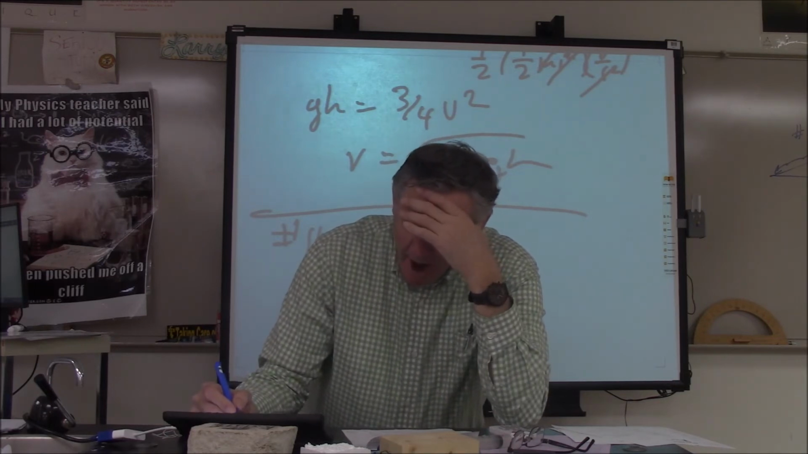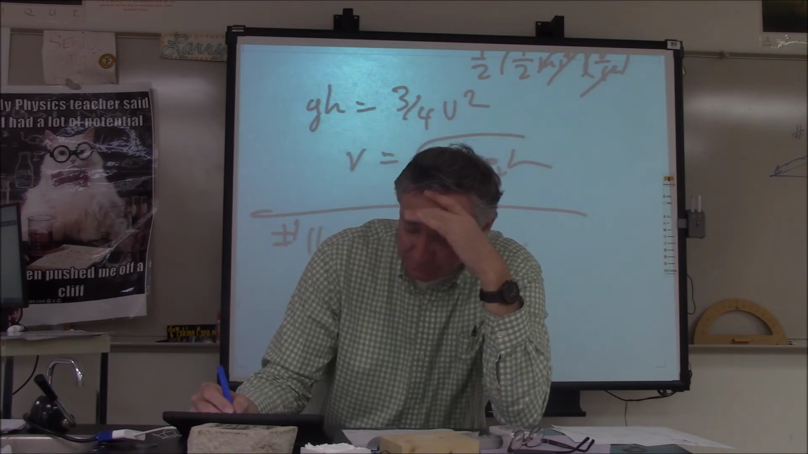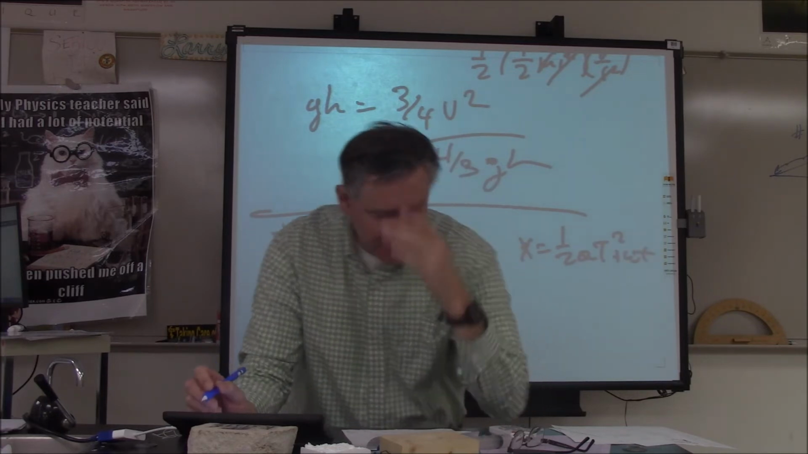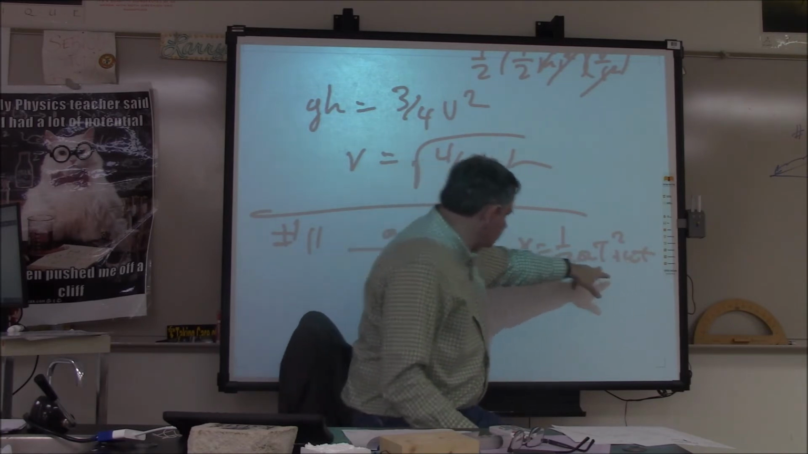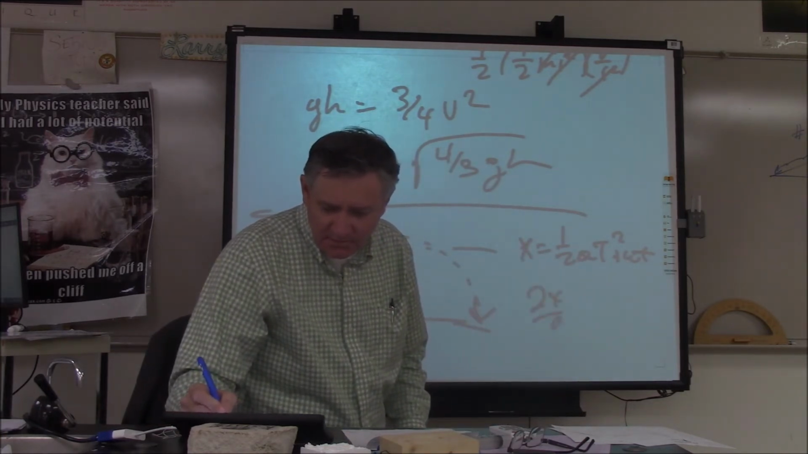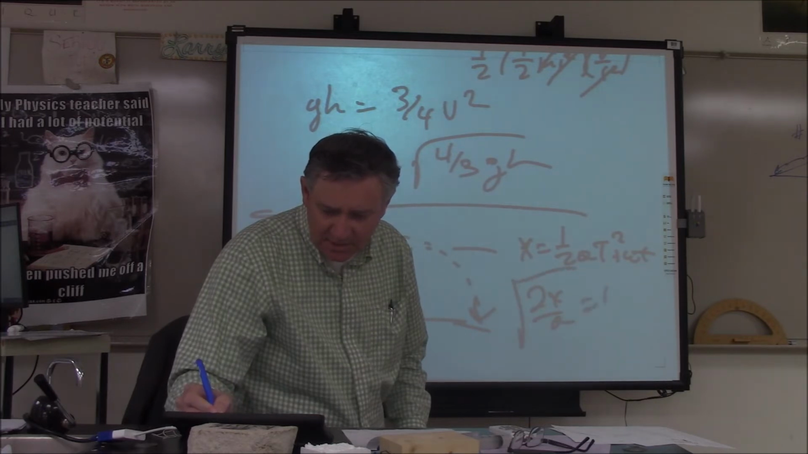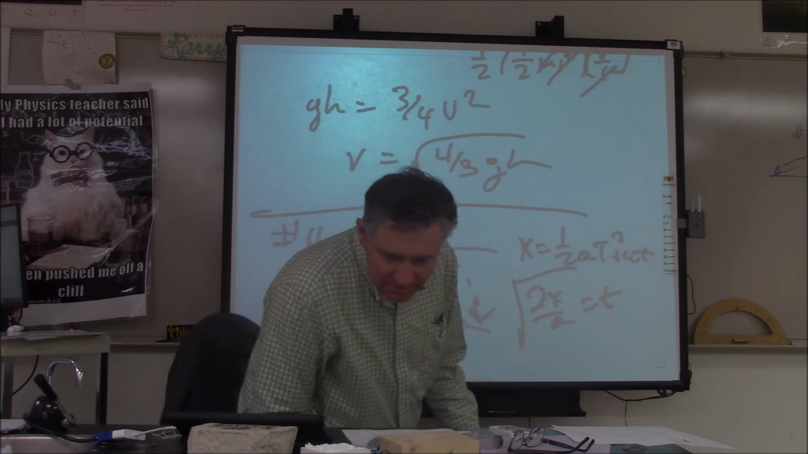So the easiest way to find the time is go, oh, x equals 1/2 at squared plus v naught time. Well, you don't have any initial vertical velocity, so this drops out. So then you just go, oh, 2x over a, the square root of that is going to equal time. Okay? So you're going to figure out how long it's in the air,